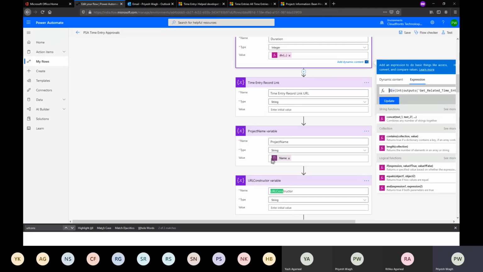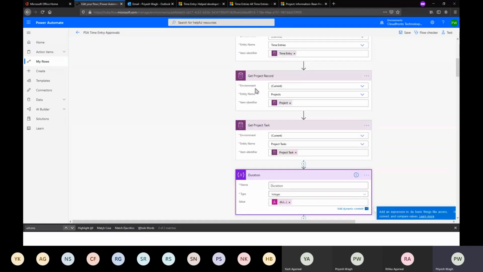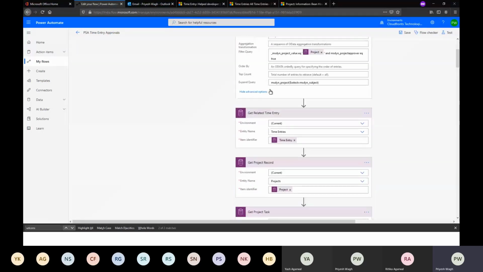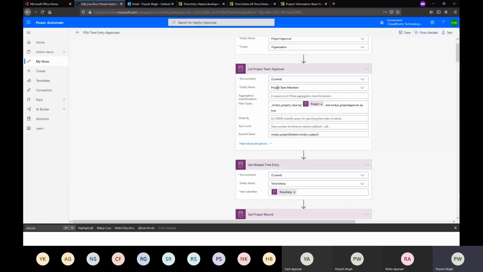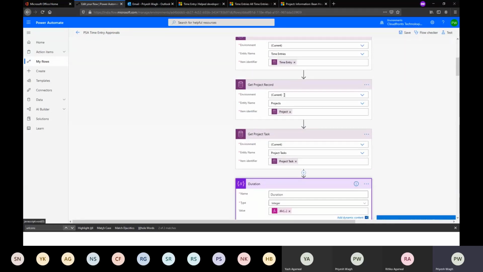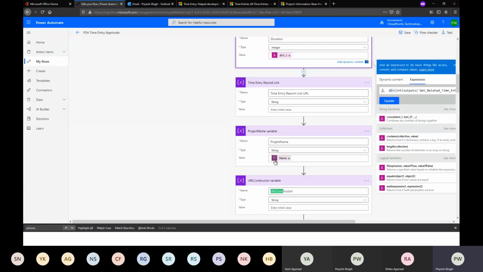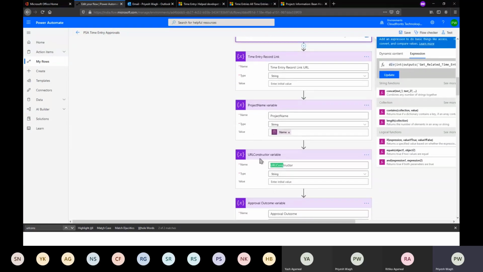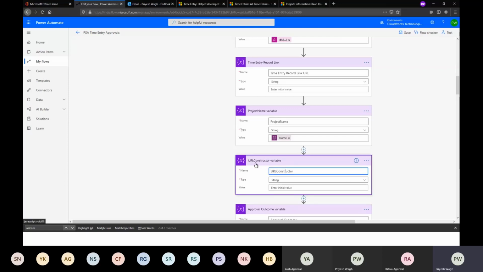I'm also storing the project name variable. Remember I said that you can retrieve your project separately if you want the name. If you don't know how to retrieve the name field, because using the CDS connector you actually get the lookup to the project and the type of the entity, that is the project msdyn_project entity, but you don't get the name. If you're not comfortable using this, I made an extra call to just get the name. So that's what I'm storing in my project name variable. Then I am making a URL constructor variable, which I will use further down. This URL constructor will simply construct the record link.